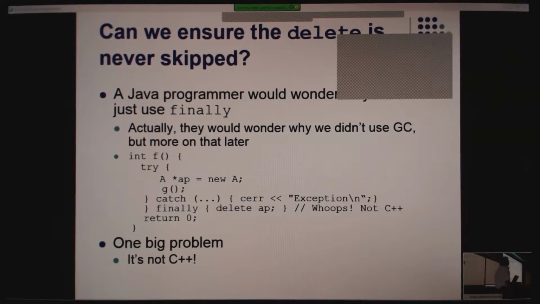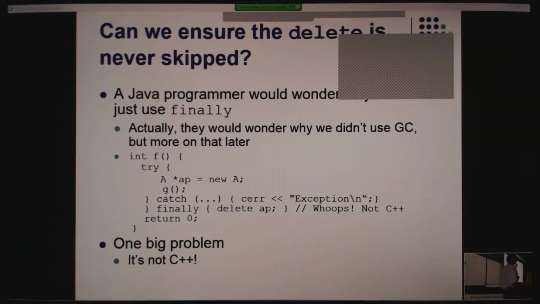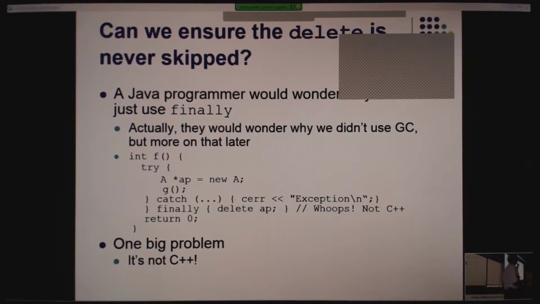Right. You have destructors, which you don't have in Java. You also allow class objects on the stack, which you don't do in most other languages either. And there's a name for the idiom of using a destructor to control the lifetime of a resource.